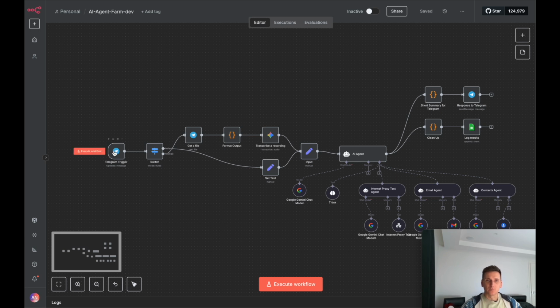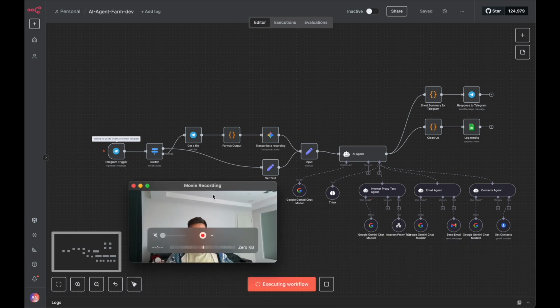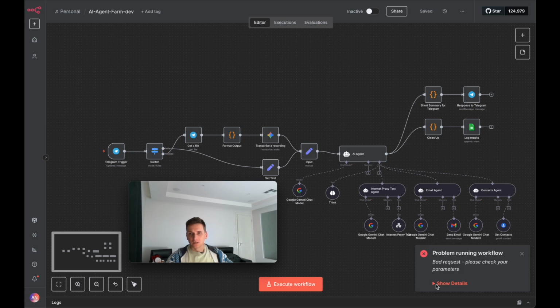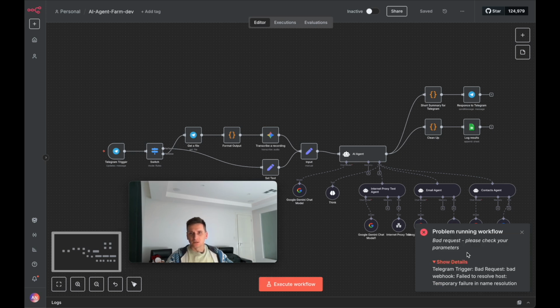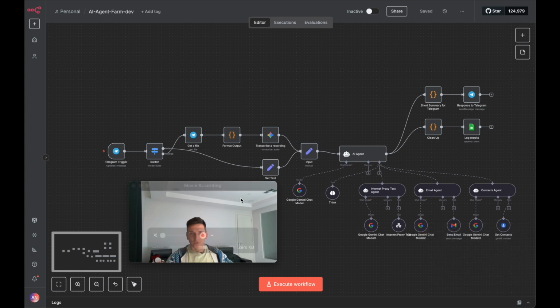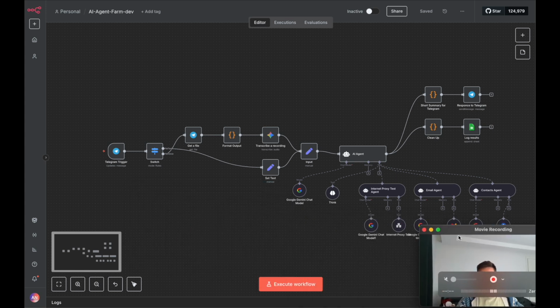correct way to set it up. So right now, if I start to execute a workflow, I'll get this weird error. This is the error. And if you look at details, you're gonna get bad request, check your parameters, temporary DNS resolution failure, basically. And to fix this, it's a weird, especially if you run like a container in a container,